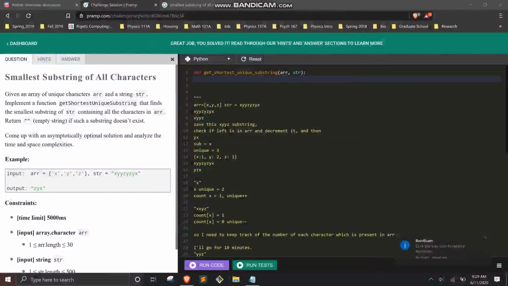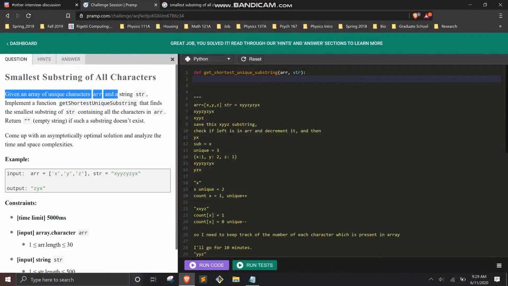Alright, so I'm solving this problem right now. Smallest substring of all characters. Okay, so the problem is: given an array of unique characters, array, and a string str,